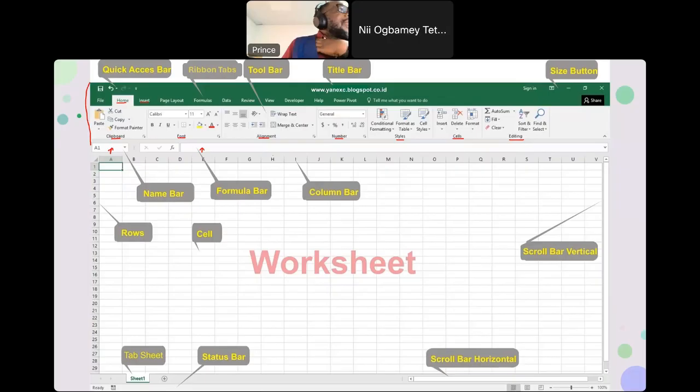And I repeat them again. Know your name box, which is this one. Know your formula bar. The name box will always tell you which cell you are in, because out of the 70 billion cells, at times you get lost. Where is my active cell, or where is my cursor, if you want to put it that way? You can count on the name box to let you know where you are.